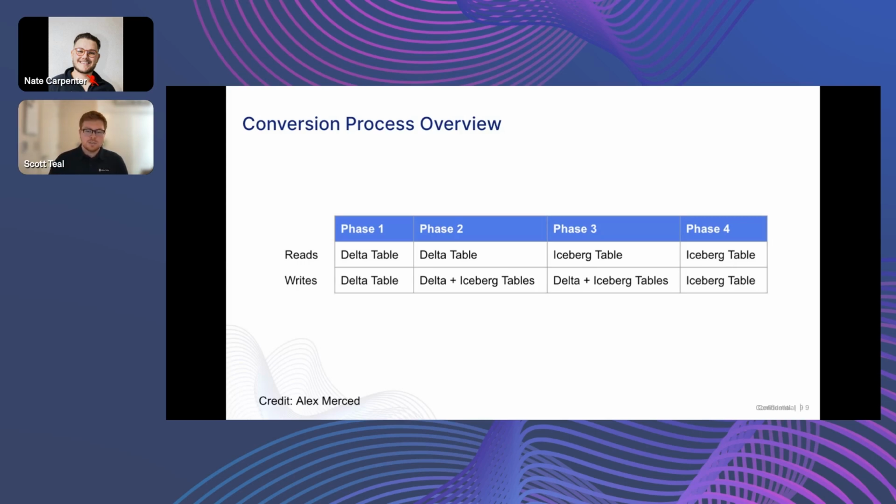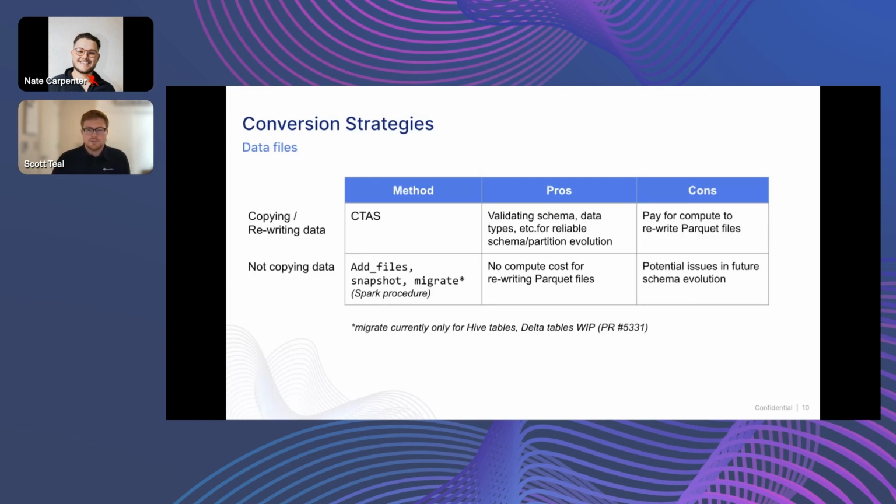So let's take a closer look at specifically phase two, for how to actually create the Iceberg table from the existing Delta table. There's a couple different strategies on how to do this table conversion. Each method has its different trade-offs, and it's important that you decide what matches the needs of your use case. The first, which is the top row, is where you're actually copying and rewriting data. Dan Weeks, one of the Iceberg co-creators, called this the brute force method,